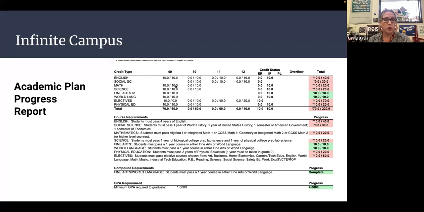This is just graduation requirements. Math is a good example because for graduation, we only require 2 years of math. Though if they want to get into a 4-year college, they probably need to take 3 or 4 years of math. And that would then go down to the electives. You see there's a lot of electives. Students will get their elective credits without even really trying, because if they take that 3rd year of math, in the tally, it goes under electives. But this is where, if you are wondering how my child is doing in their graduation progress, this is a great screen to look at in Infinite Campus.